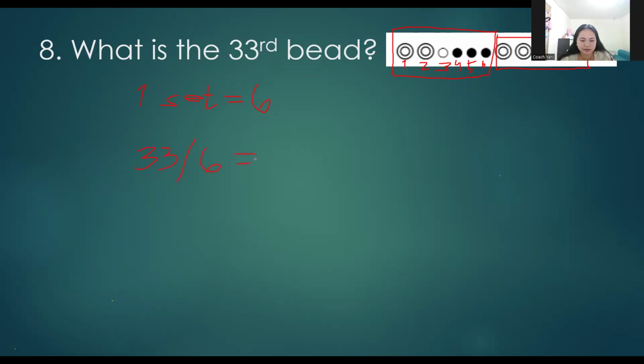And that would be how much? That would be 5 remainder 3. Yes. So what's important here is the remainder, right? Because that way you will count from the first one. Since you have remainder 3, what is the third figure from this one? It would be this bead. So that's the 33rd bead. Did everyone get this correctly? It's just like the Monday, Tuesday, Wednesday problems, but through beads.